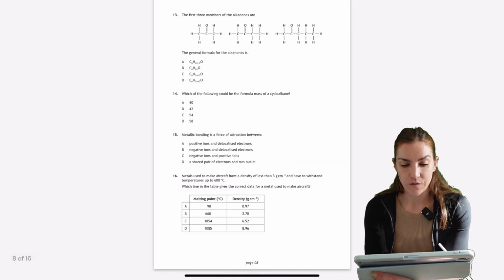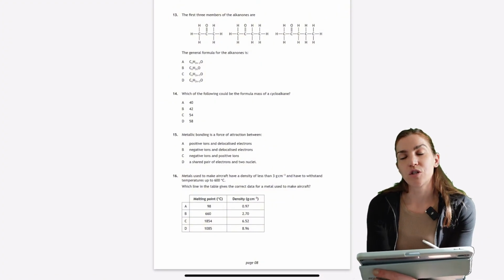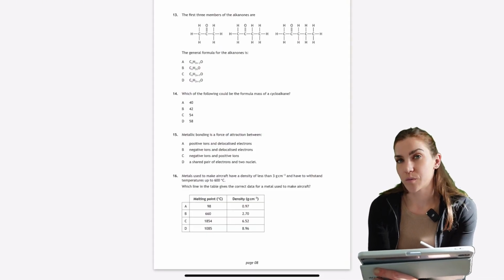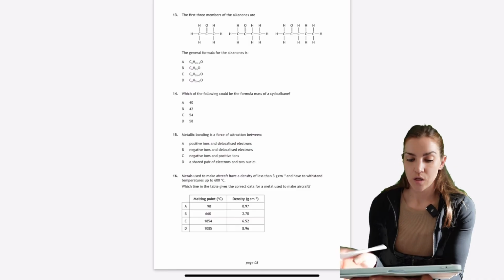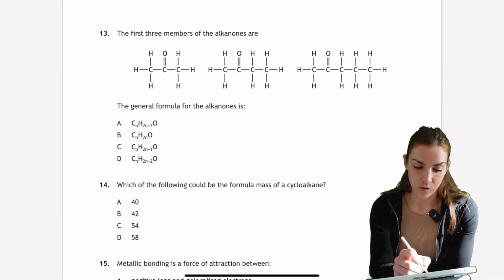Question 13, the first three members of the alkanones are... What is the general formula for these alkanones? So when you're suggesting a general formula, the best thing to do is to write the molecular formula for the molecules you've been given as examples. So what I mean by that, if we just zoom in here, if we count on the first molecule, we've got 3 carbons, so that'd be